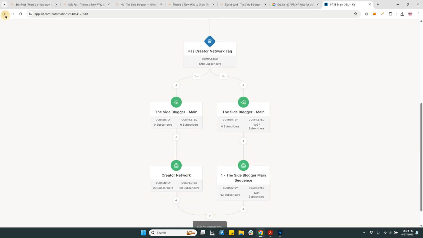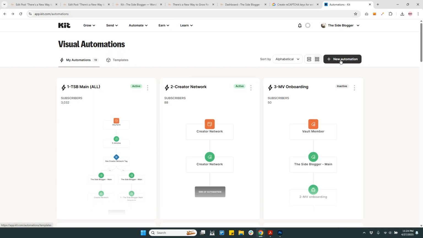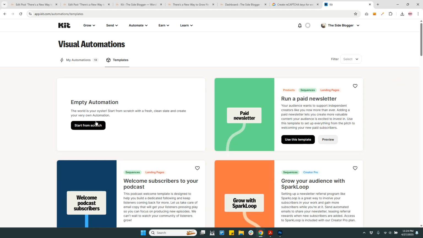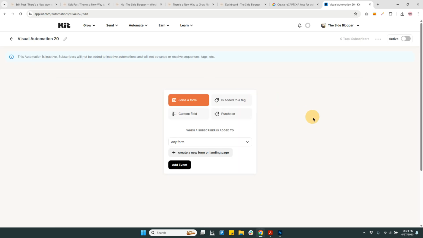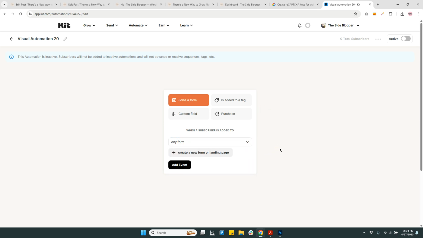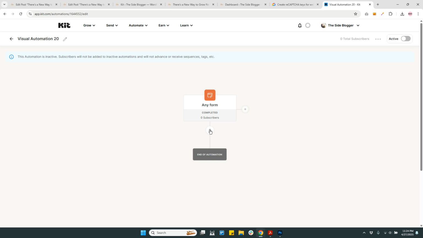Basically, I have this automation where anybody who joins my email list from any form, they are added the site blogger main tag. Now you can do that quickly using new automation from the visual automation page, and then create an empty automation and then start building, and then where it says joins a form, click that, and then make sure that it's set to any form, so it doesn't matter which form,